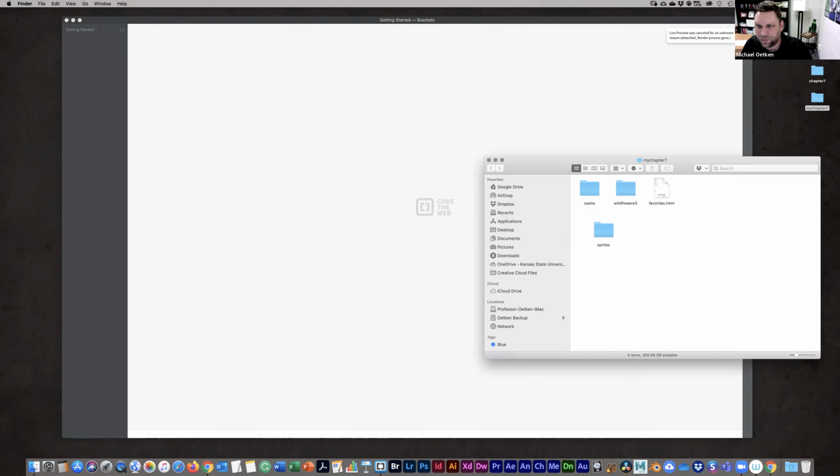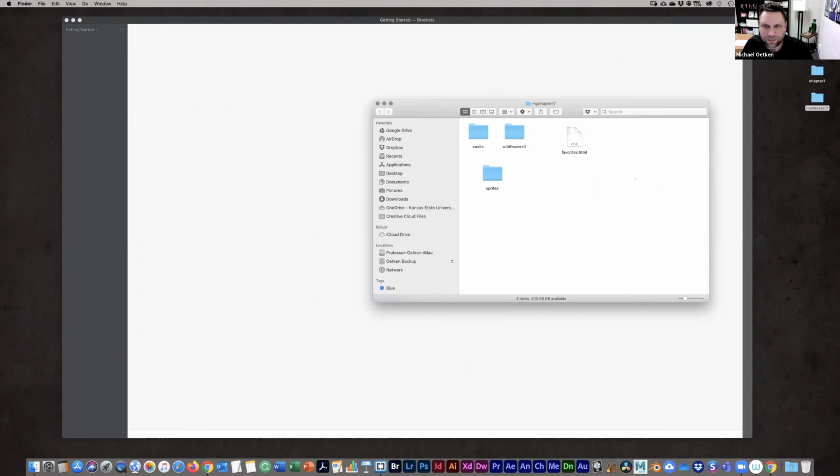And so you should have a folder that you're going to create called Wildflowers 3. You're going to have a new HTML file. Okay, so in the book here, they want you to code all that by hand. So you can do that if you want to get practice typing, okay? It's a lot too much to code for right now because that'd take up too much time. So I went ahead and kind of preset all this up, but we have some JPEG files in here as well. Okay, so let's open that up here in Brackets